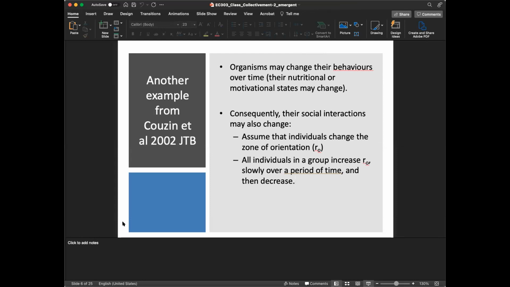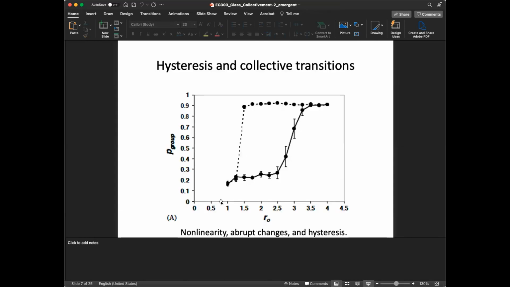Social interactions change over time. So now, if you plot the polarization of the group as a function of R0, what do we find? We find something very interesting. This is a figure from Couzin's paper. As R0 is small but increasing, you don't see much change; the y-axis here is polarization, by the way. It stays roughly small for a range from 1 to 2.5, and then suddenly it begins to increase. It shows some non-linearities. The entire group polarization rapidly increases, and again it saturates close to 1.